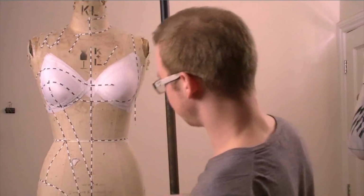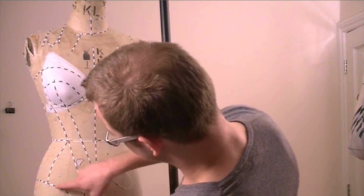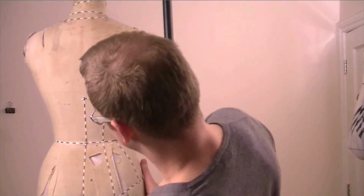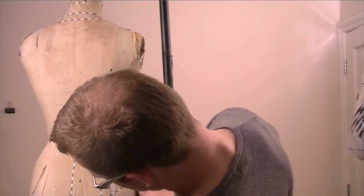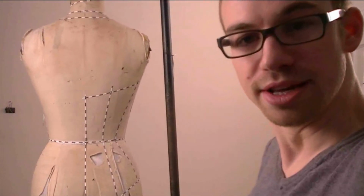That's very important, because over time it will stretch out and get saggy and it won't do very well. So I've marked out my centre front line, and this is my material area here, and this is my power mesh area just here. And obviously at the back, it'll have a corseted lace up down the back. It's actually going to be a full body corset, down the bottom here,